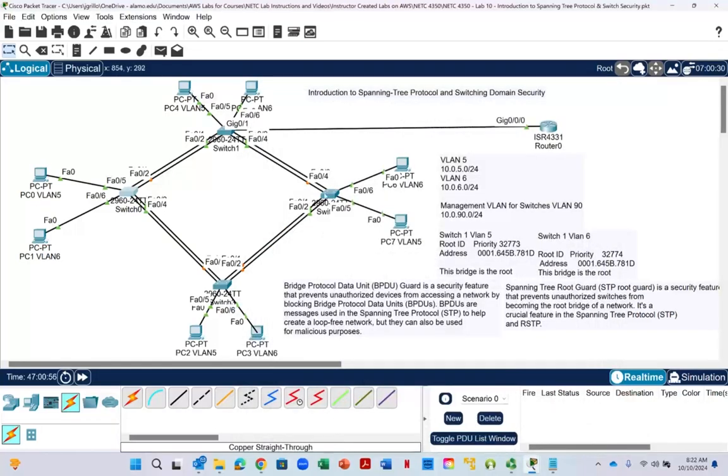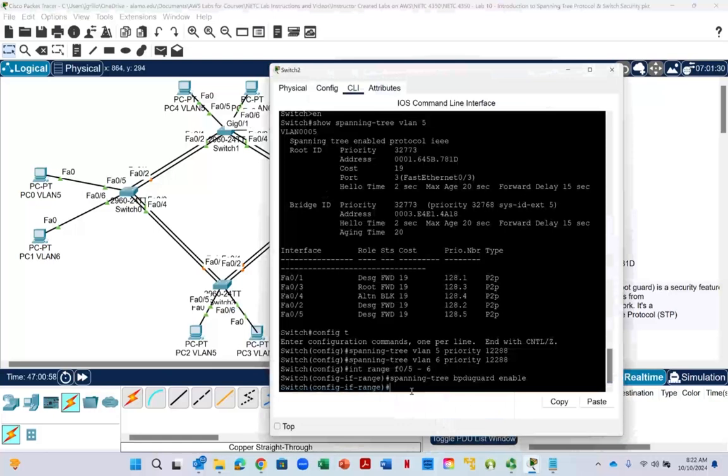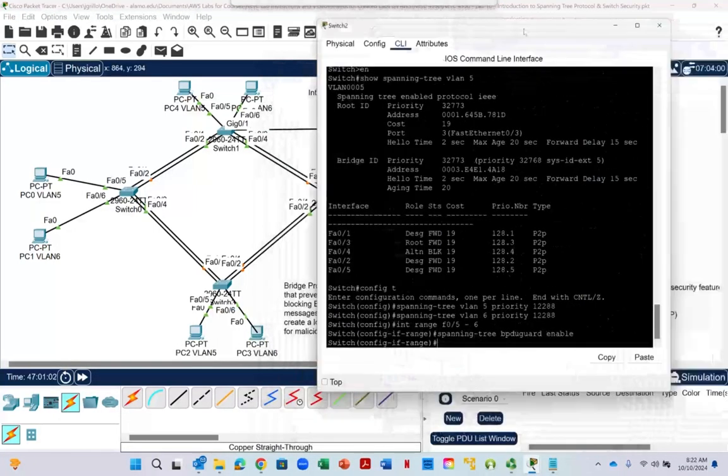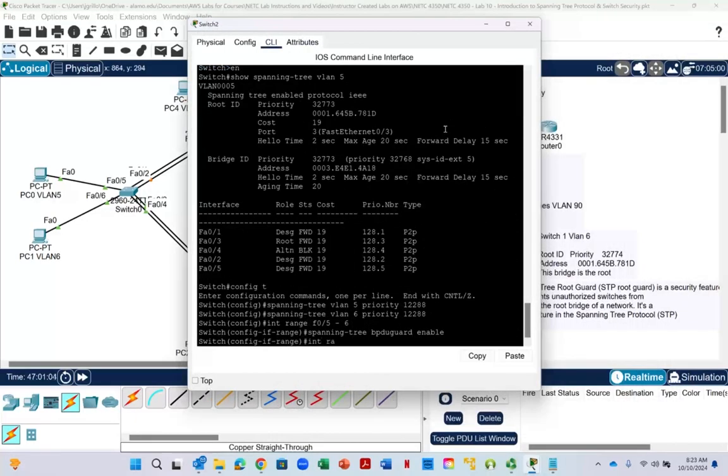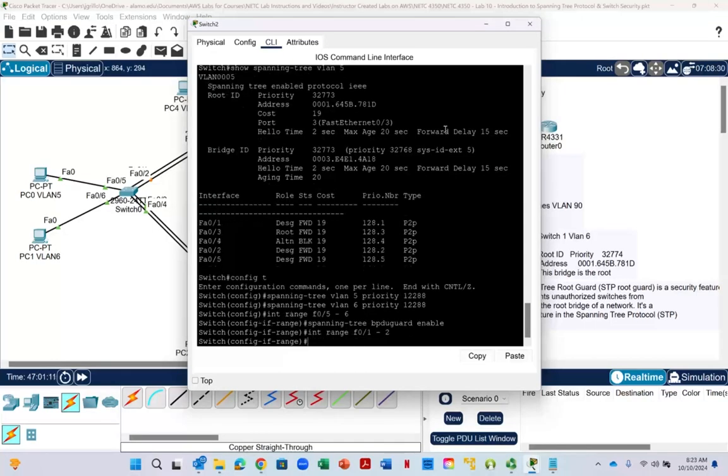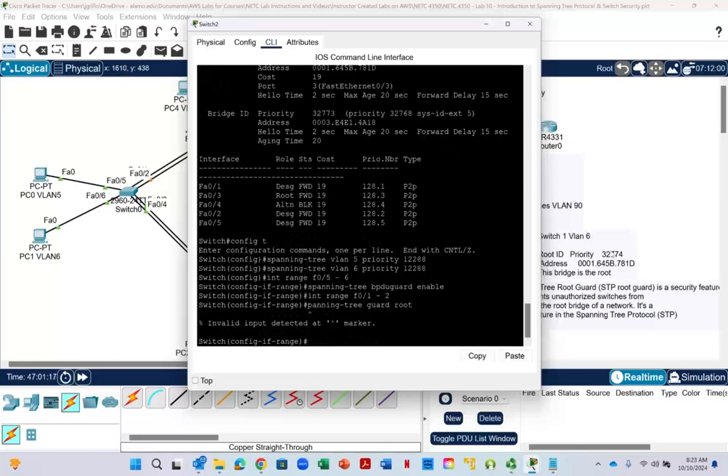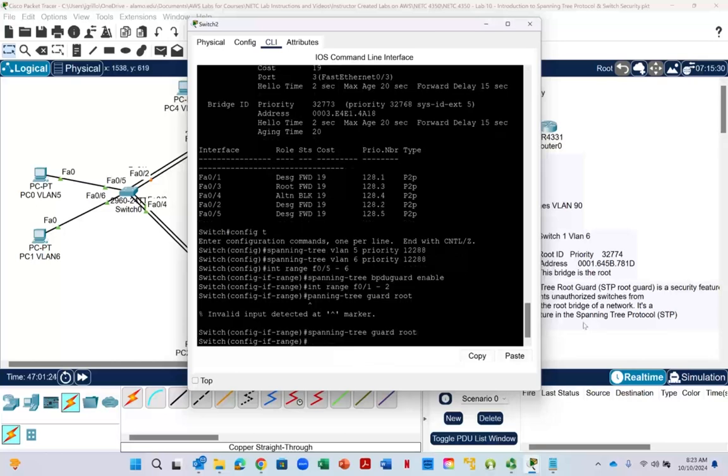You go to switch 2 on the right, and we'll use our interface range command. Now again, on switch 2, it's ports 1 and 2, so we go interface range F0/1 space dash space 2, and you can right click and paste spanning-tree guard root. Oh, for some reason I didn't copy the S over, so I have to type an S, right click, and go paste. Okay, and that enables root guard,